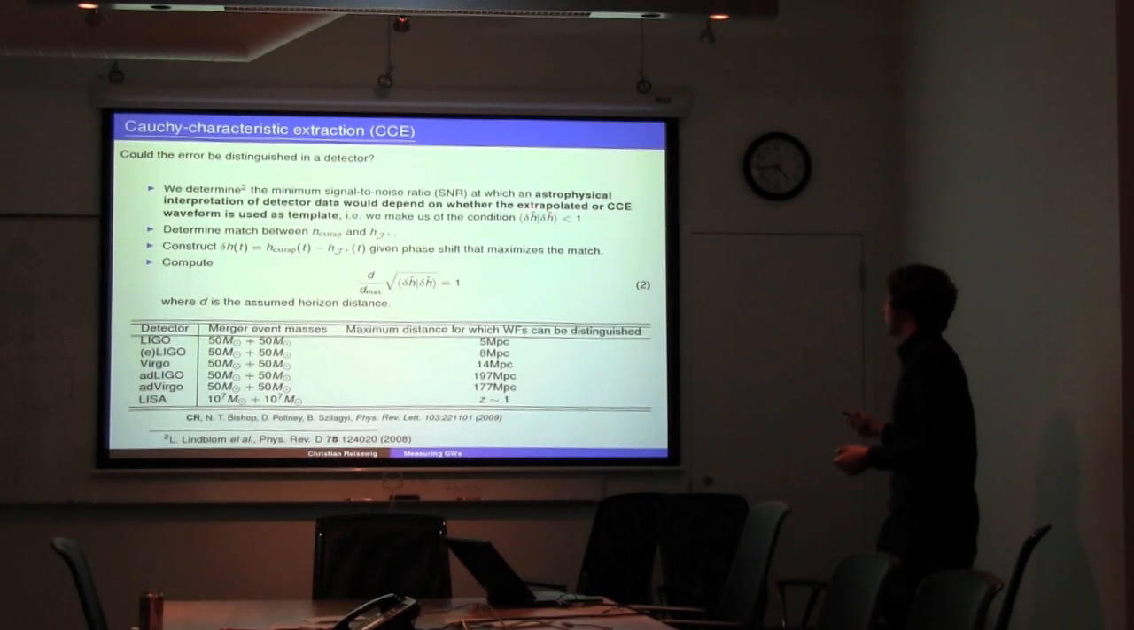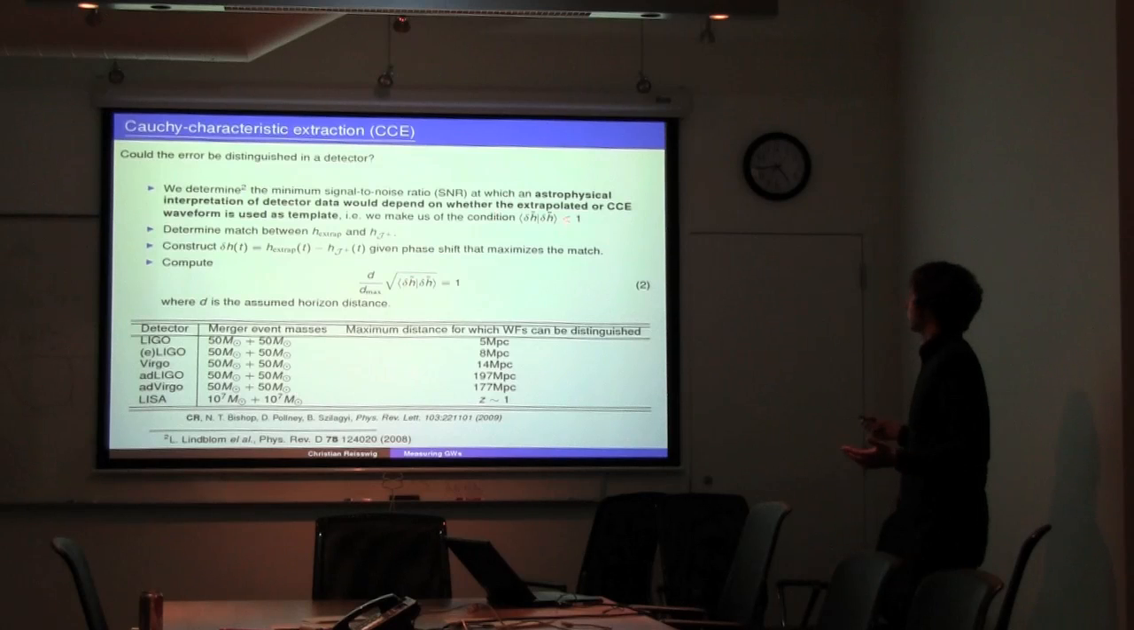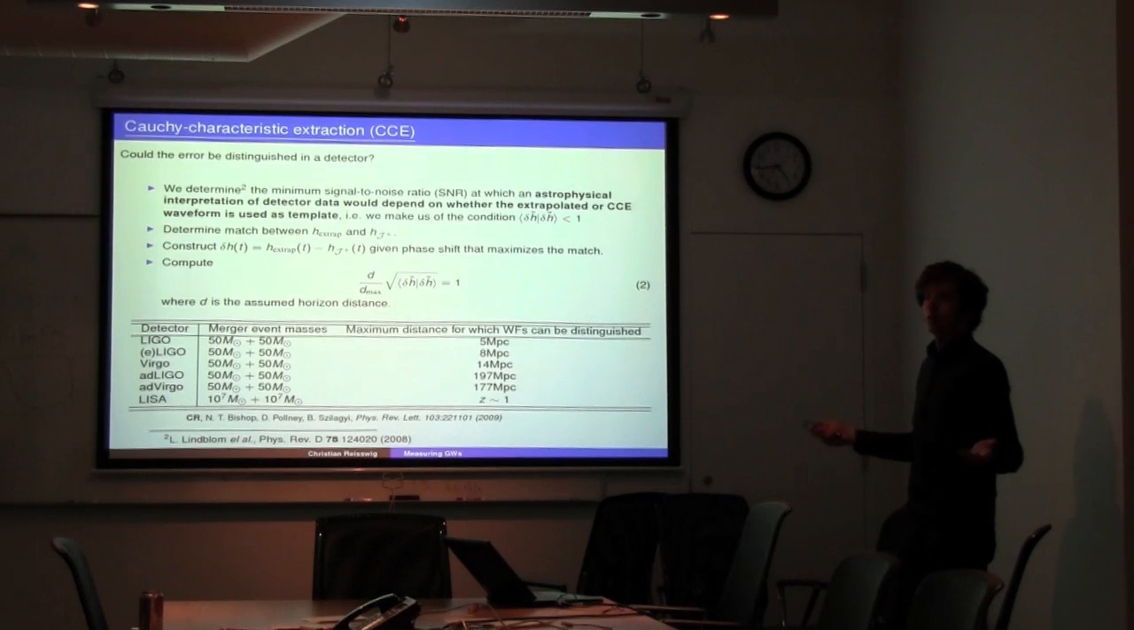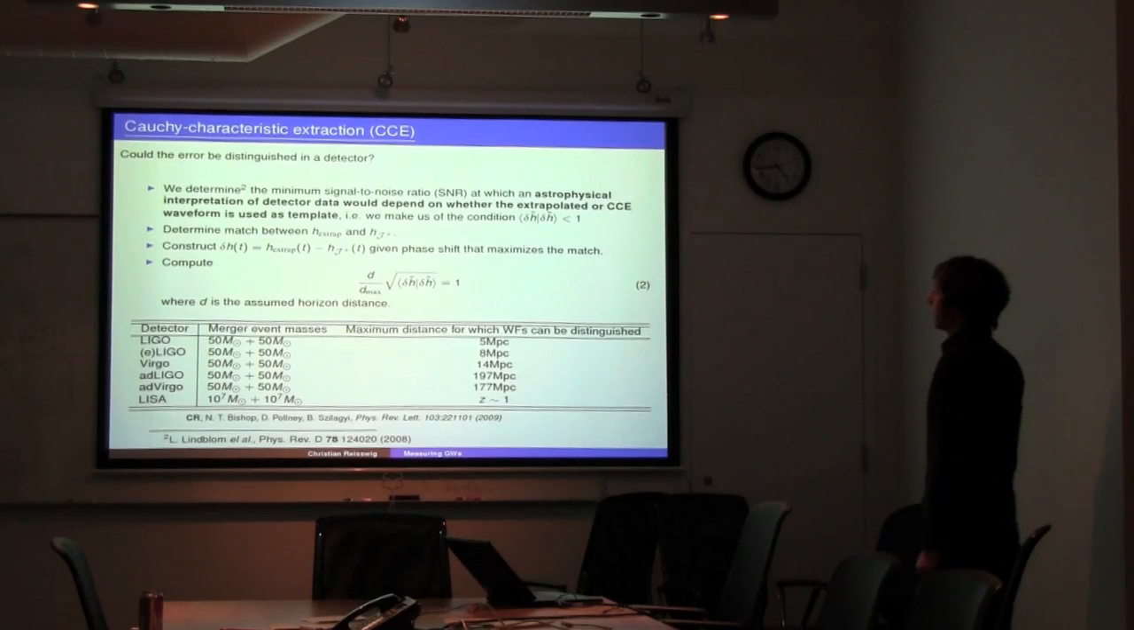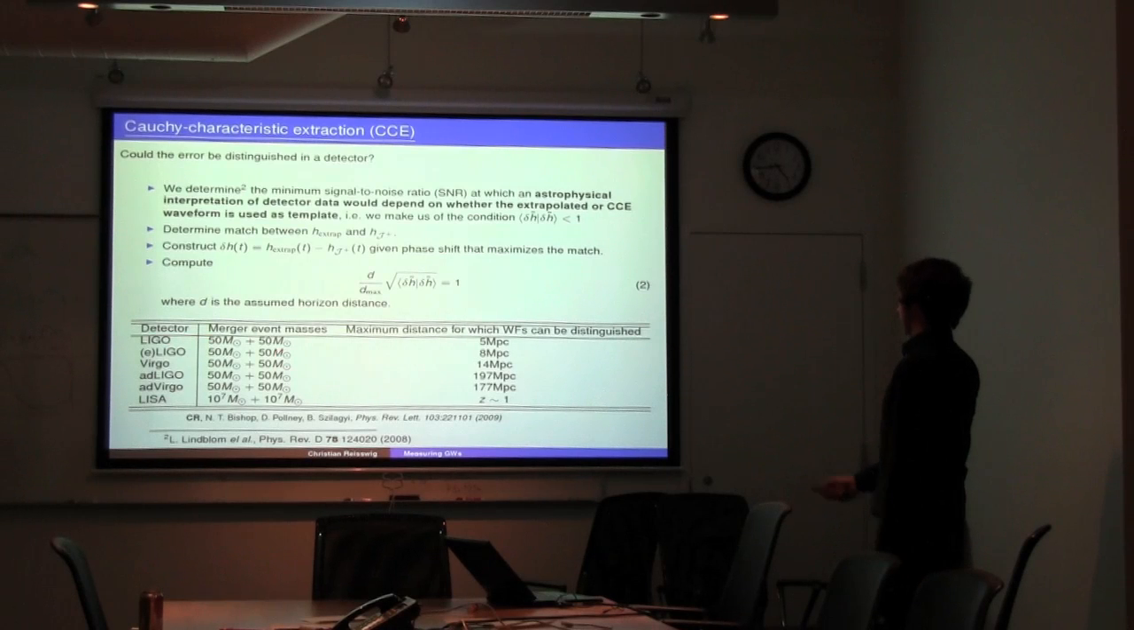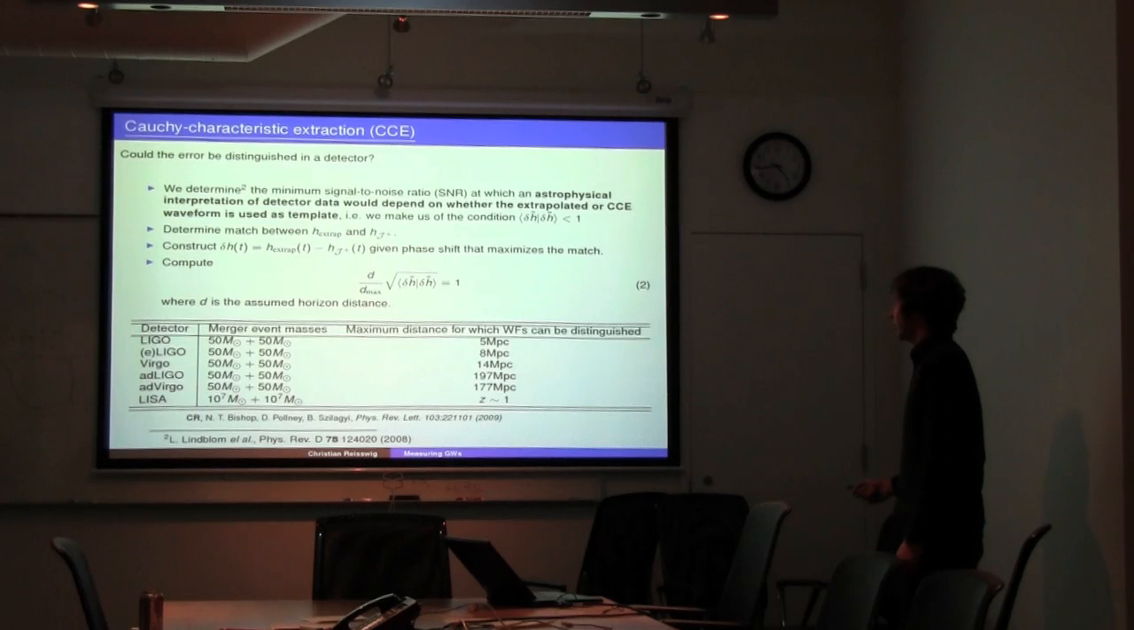And then there's the condition that the scalar product weighted by the detector noise must be smaller than 1, then you can't distinguish these two waveforms for parameter estimation. And the outcome is that for the current ground-based detectors,